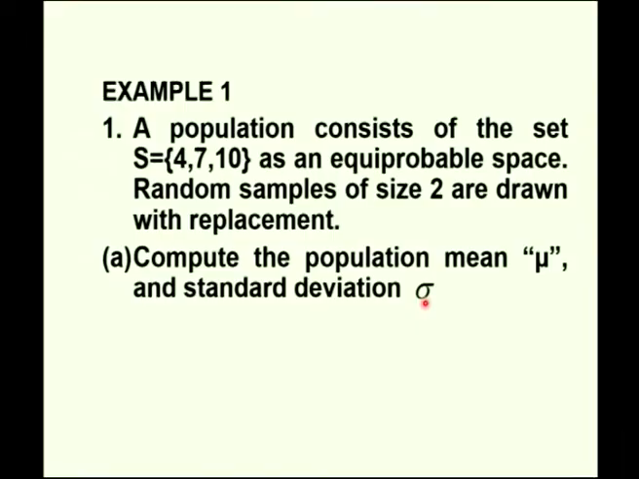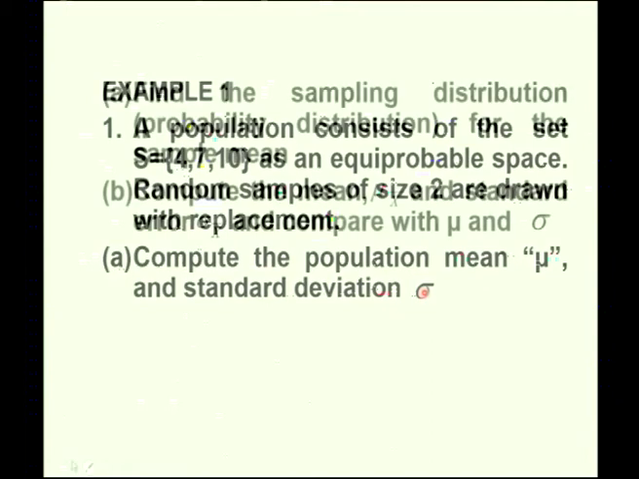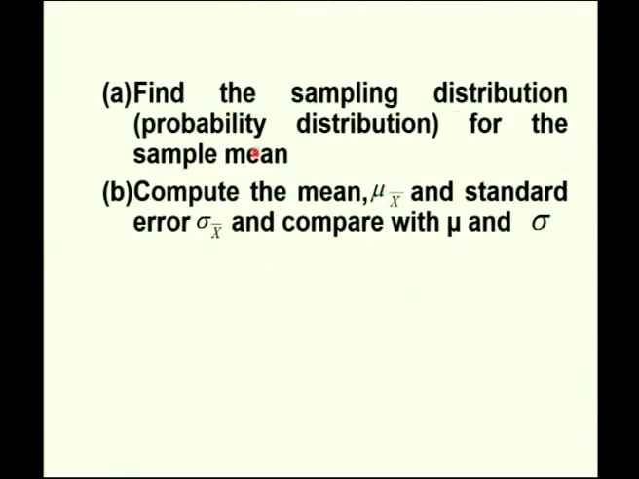We will be calculating only sample mean and sample standard deviation for particular values of a sample from the population. But here you are asked to calculate the population mean and standard deviation itself. So, find the sampling distribution, that is, a probability distribution for the sample mean x bar. Compute the mean mu x bar and standard error; the standard deviation of the sampling distribution is also called the standard